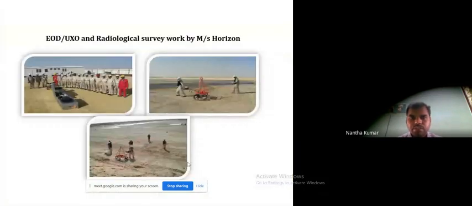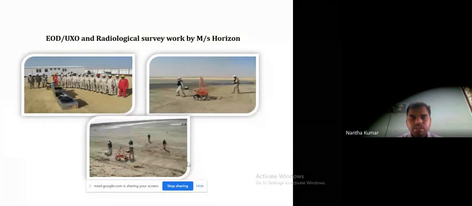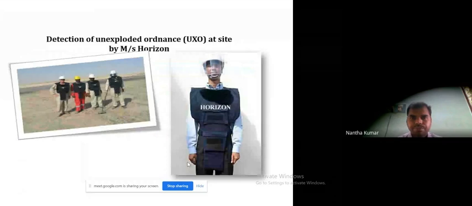This is the UXO and radiology survey done by a third party. This is how they monitor the unexploded ordnance at the site.